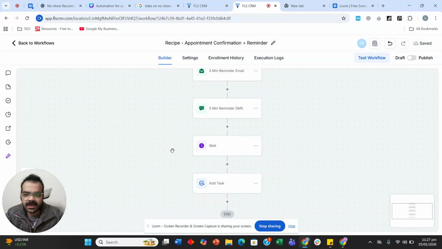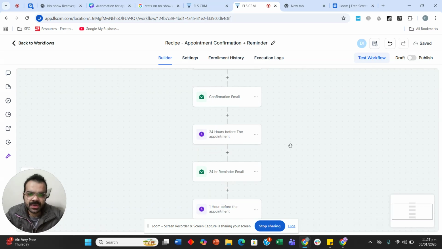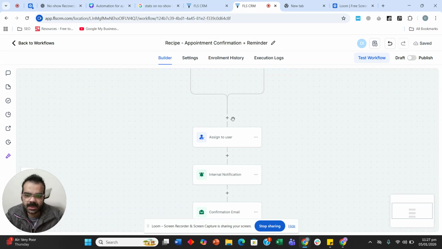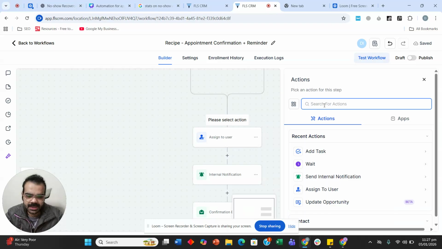So what is happening after the meeting is, after 10 minutes, it will add a task for the particular team member who is assigned for this meeting to update the appointment status. So if the lead is no-showed, we can then send them to another workflow in which we can nurture them, right? There is one thing you need to do: once they book an appointment, you need to update their